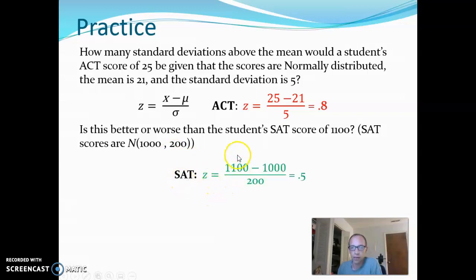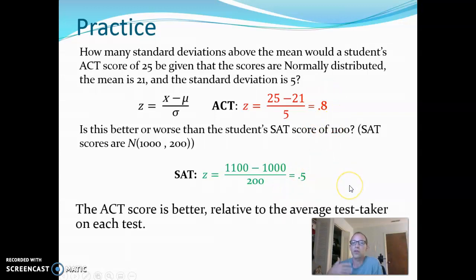Okay, and you should have the raw score of 1100 minus, again, the first number here is the mean, the second number is the standard deviation, and so we'd get a 0.5. Again, this ACT score was better than this SAT score because it was more standard deviations above the mean. This was only half a standard deviation above, this was 0.8 standard deviations above. So the ACT score is better. We can combine it to a single scale and say that this ACT score